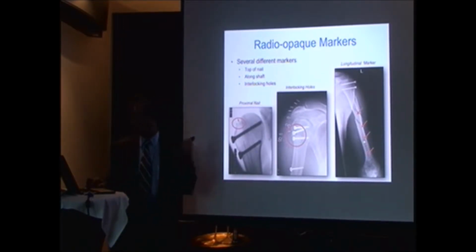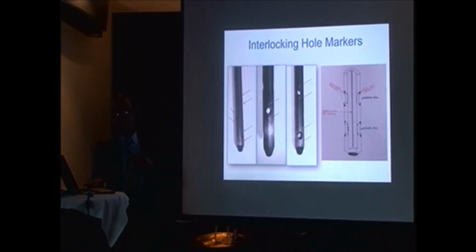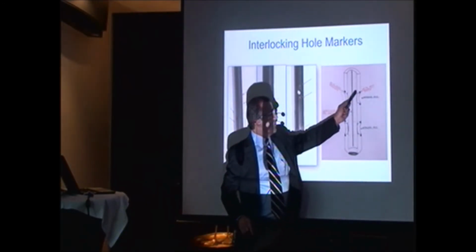So this is the biggest question: how do you do this? Well, they put the markers in, and this is how you do the nails. My first thought was, oh, this is going to be very hard. Devere will tell you, I was a little skeptical. I said, I don't know about this. And he said, trust me, do it two or three times, it's going to be very, very easy. And he was right. What they do, and this is my drawing, is put 2 markers on each end